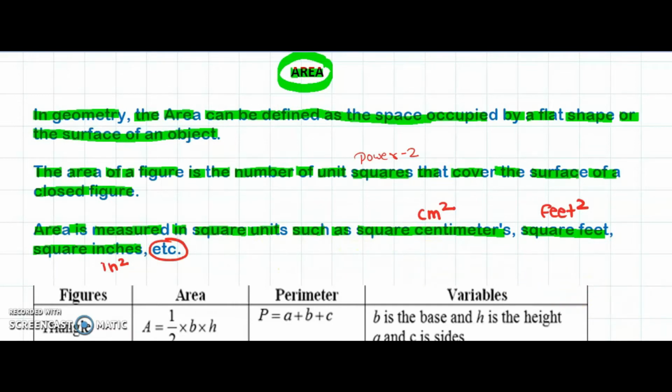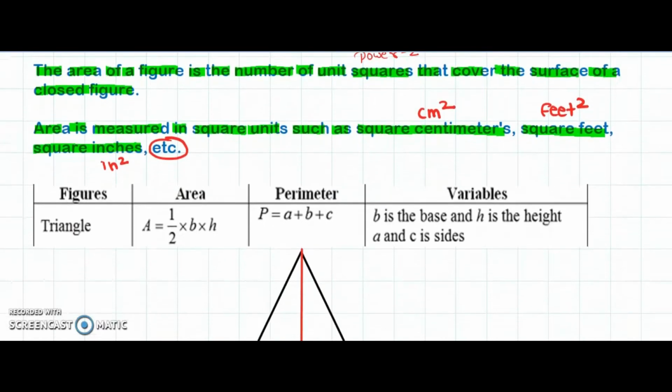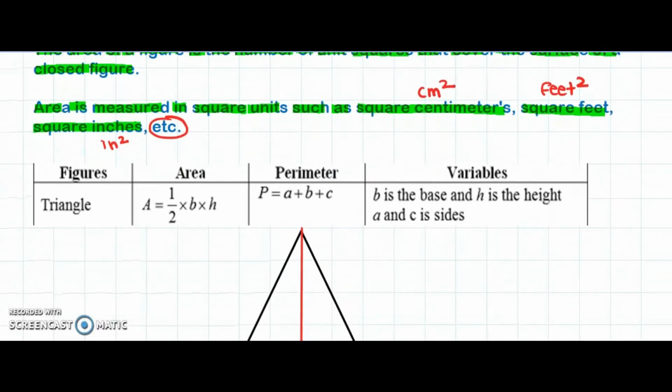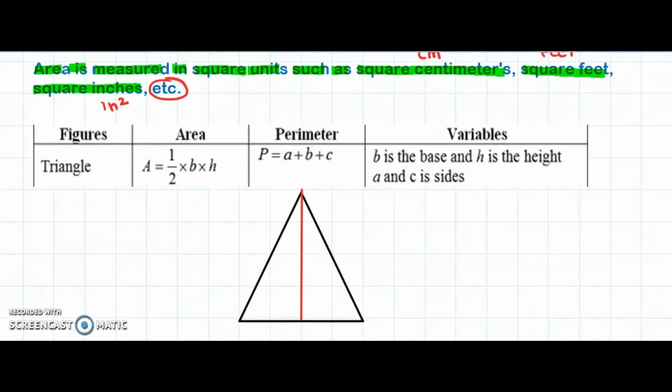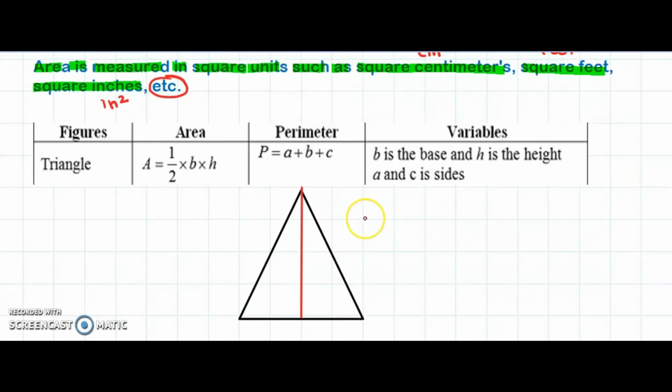So let us start discussing the different figures and their area, perimeter, and the variables used. First of all, let me discuss a very important and very simple figure that we call a triangle. As you know, a triangle is a type of geometrical figure that contains three sides. I have made one triangle in front of you, in which let me mark the names X, Y, and Z. You can see that triangle XYZ is present here.